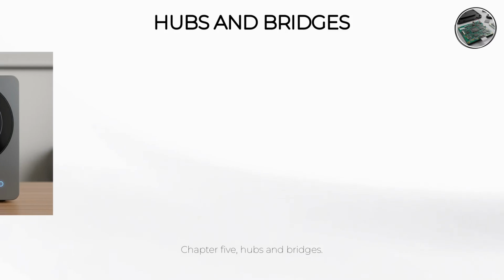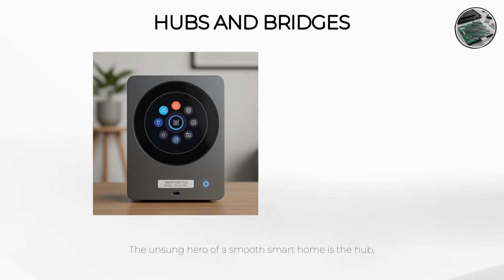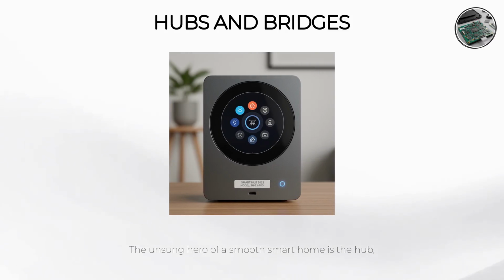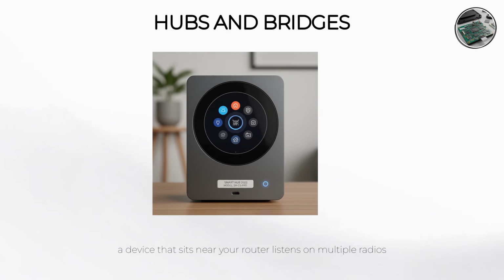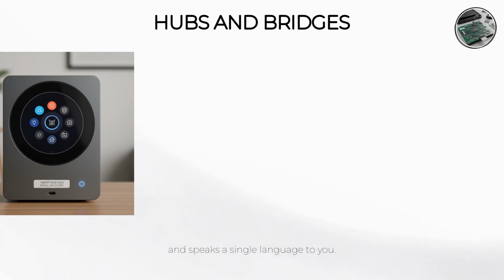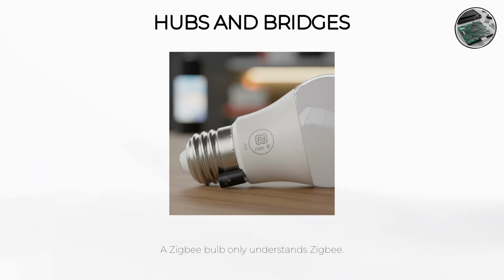Chapter 5. Hubs and Bridges. The unsung hero of a smooth smart home is the hub, a device that sits near your router, listens on multiple radios, and speaks a single language to you. A Zigbee bulb only understands Zigbee. A Z-Wave lock never hears Wi-Fi. The hub bridges those languages. In the Matter era, hubs often become border routers and controllers. A Thread